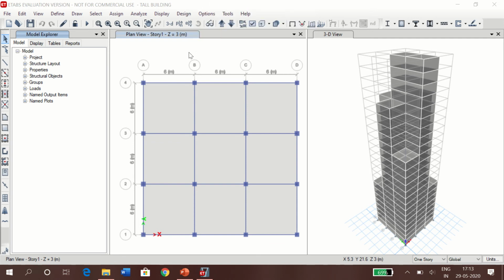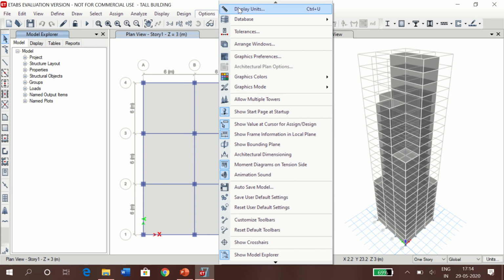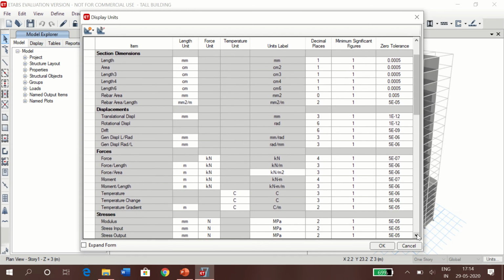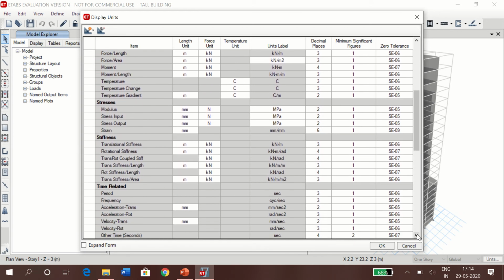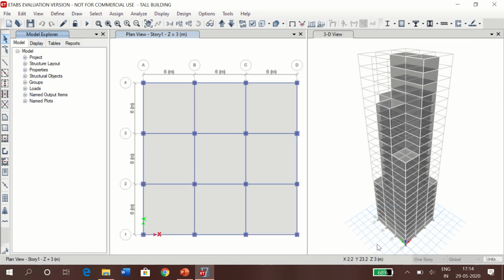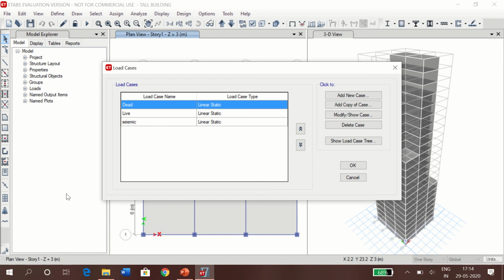Now before setting the load case, we have to check the units of the acceleration. So go to options, display units. In this you can see the units are displayed and check acceleration. As we can see the unit is millimeter per second square. Now we will be adding the new load case. Go to load cases, add new case,